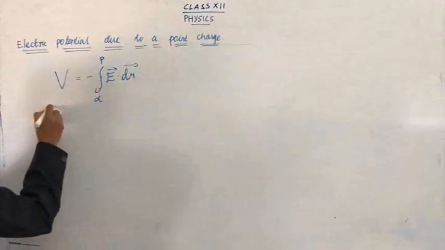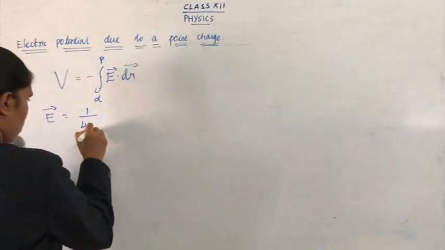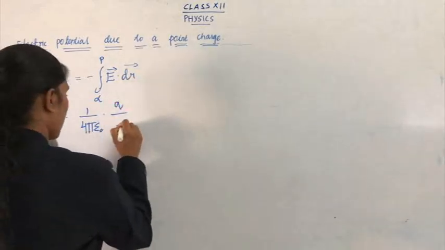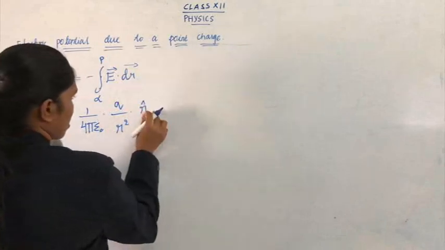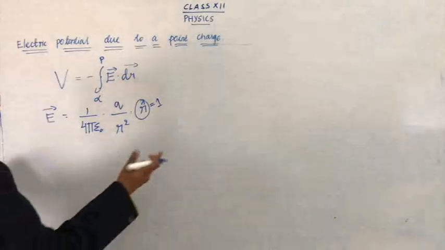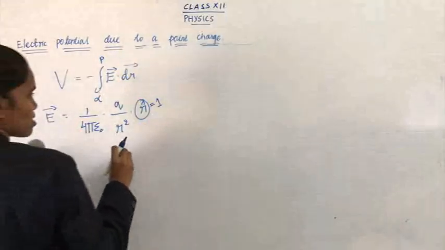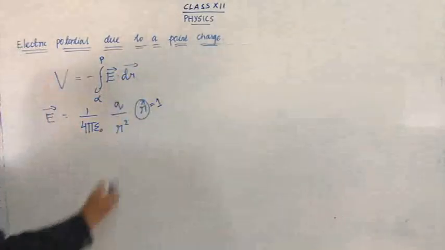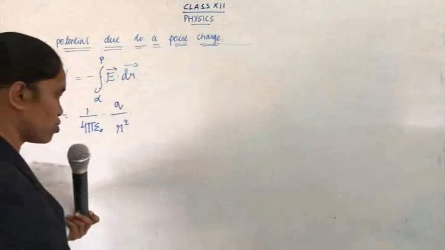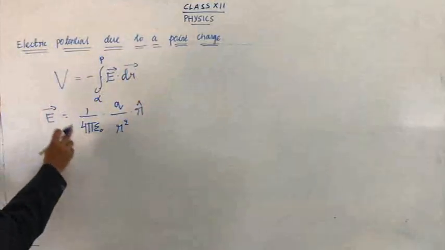Now tell me, what is the electric field due to a point charge? It is equal to 1 by 4 pi epsilon 0. Do you remember this formula? Q by R square into R cap. The value of R cap is always 1. If we don't put it, it's also no problem, but it is a procedure, a method to write R cap. You should write R cap, but it is 1. You should know this is a unit vector. Unit vector is always 1. This is the electric field formula.